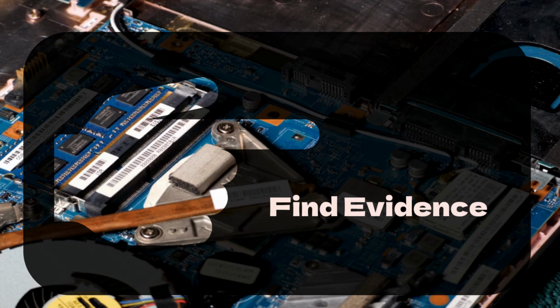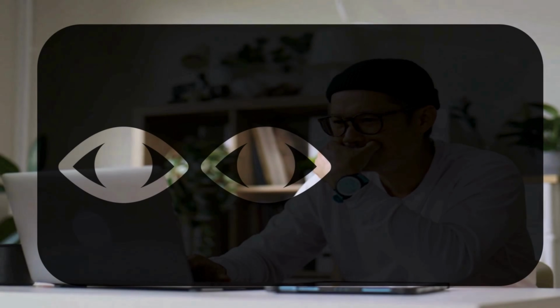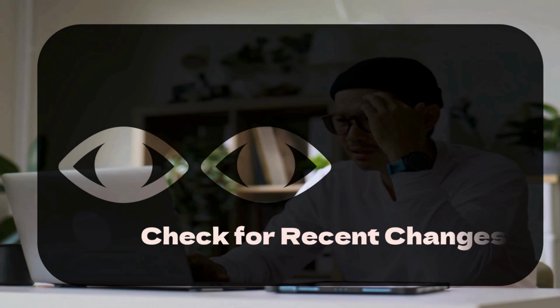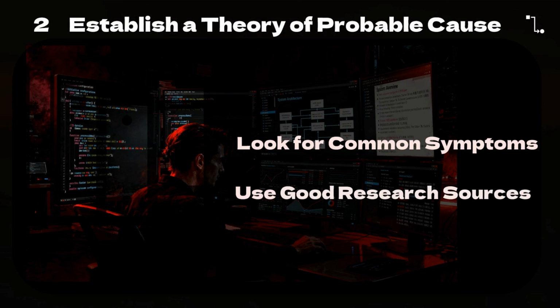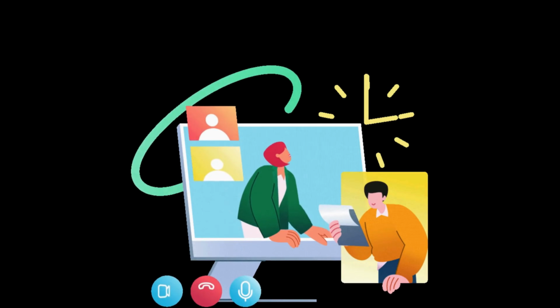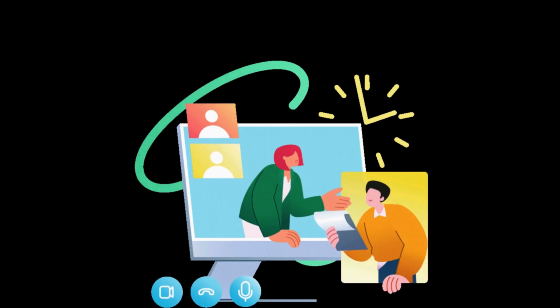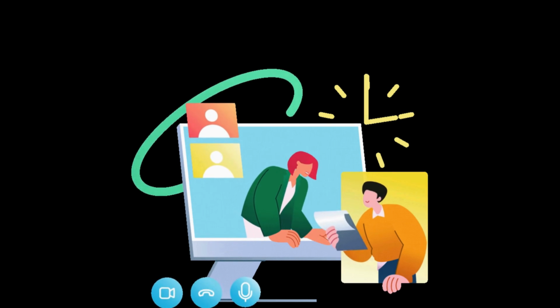Now determine whether the problem followed something else new or unexpected, and ask the user or other personnel whether there have been recent changes in the computing infrastructure, business environment, or user procedure. Now step 2 is to establish a theory of probable cause. Now this involves using knowledge of common symptoms and various problems, conducting research based on symptoms, and good places to look for information on troubleshooting issues include manufacturer websites, technical support forums, and online technical articles and reviews.